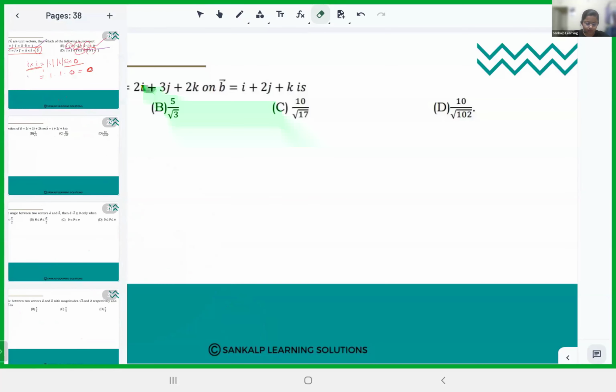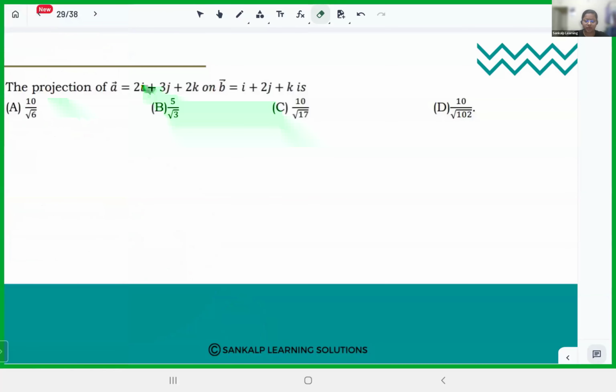All right. So this is the first question of today's session. The projection of vector A equal to 2i plus 3j plus 2k on vector B equal to i plus 2j plus k. Okay, so you have been given a vector A and another vector B. What you have to do is find out the projection of A on the vector B. And what is the formula to find out the projection of